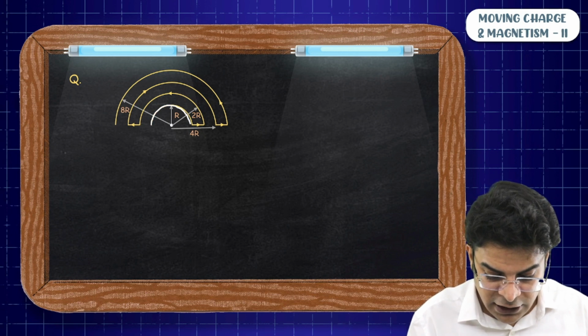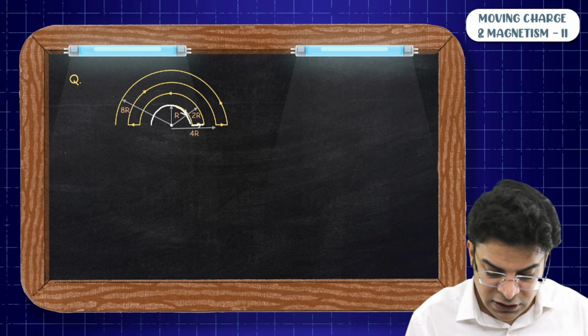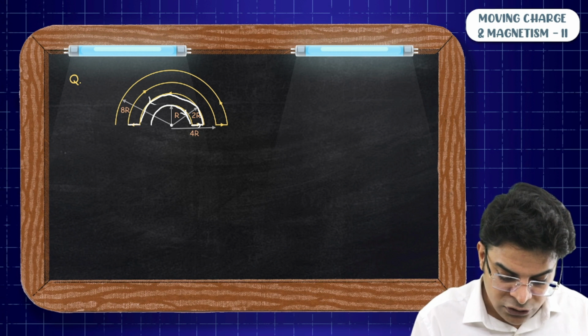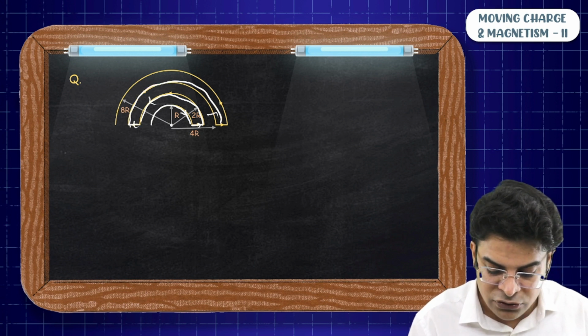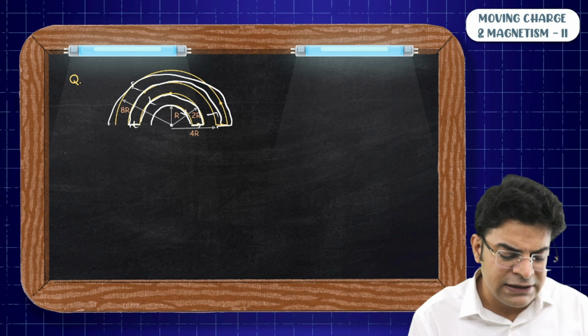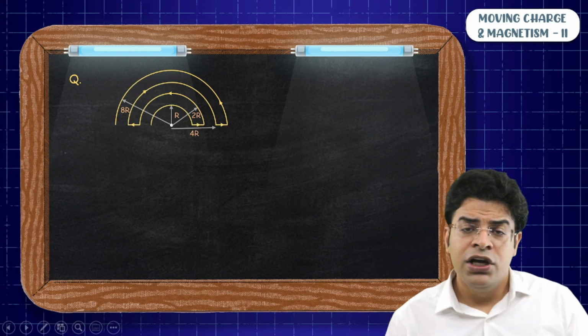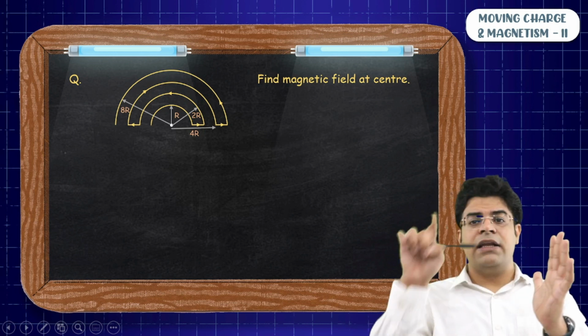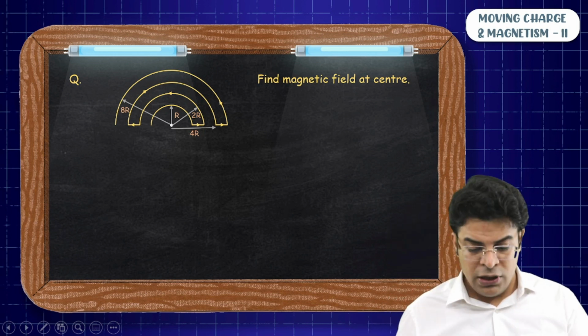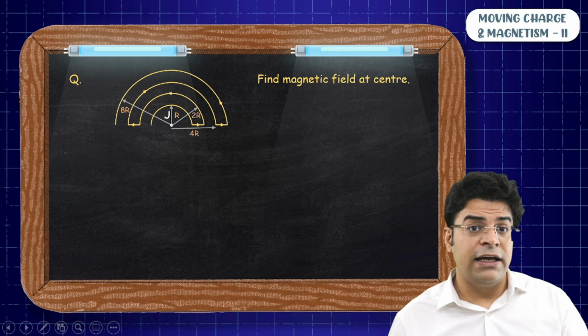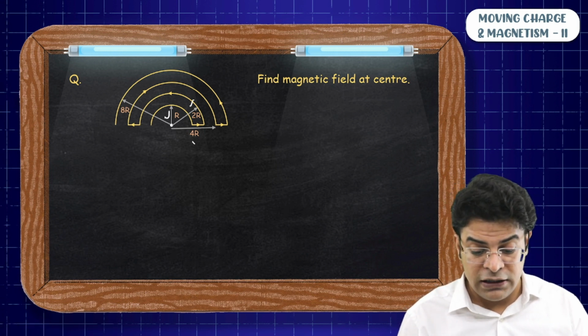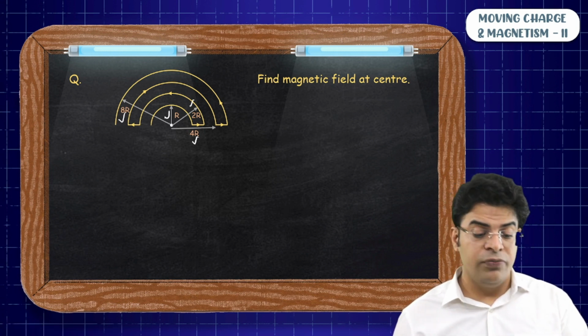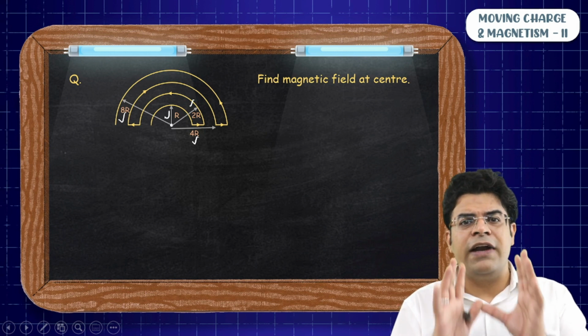In this one, the current is going this way, then the current goes in a straight line, then it goes anti-clockwise, then it goes in a straight line, then it goes clockwise, then in a straight line, then anti-clockwise, and this keeps on happening. Your job is to find the magnetic field at the center if you get this type of infinite loops. The innermost semicircle has radius r, the second one 2r, the next one 4r, the next one 8r. So how to find the strength of the net magnetic field at the center?